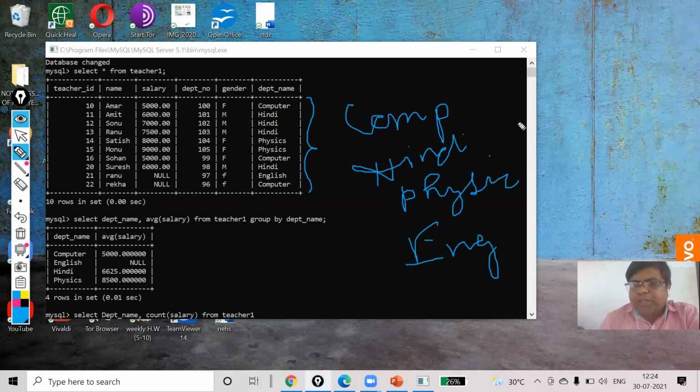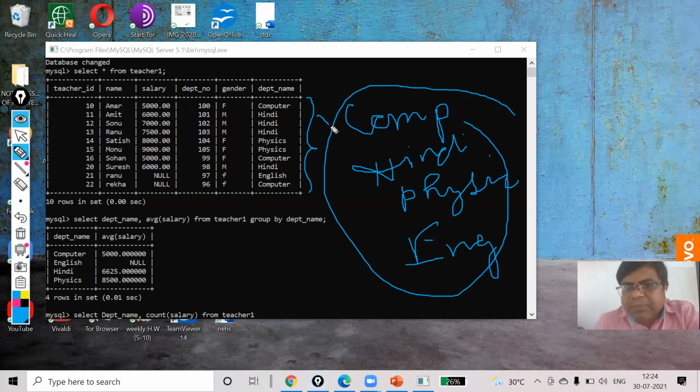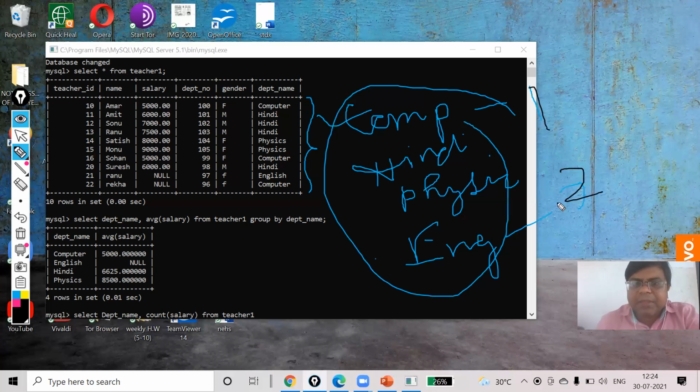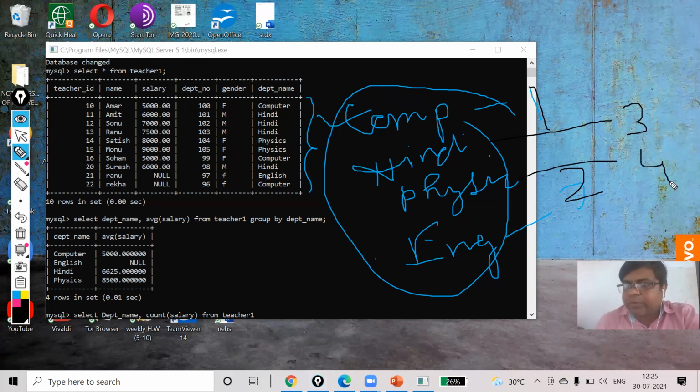Now, when the sorting is done on these four fields, first what will come? Computer will come first. After that, English will come. This one will be the first, this one the second, third one will be Hindi, and fourth one will be physics. Now you see, my dear.